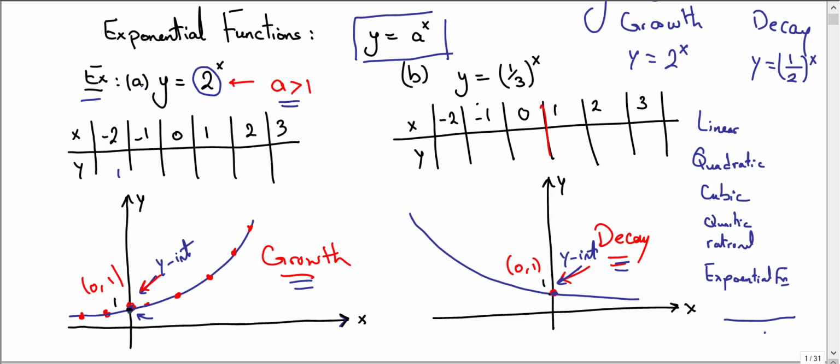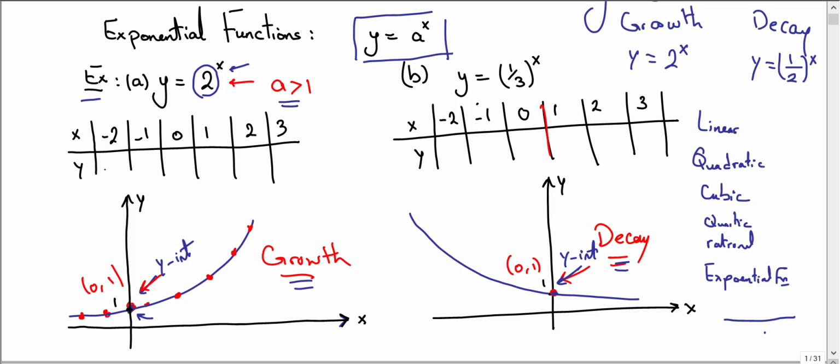Let's take an example. Example A. That's an example for an exponential function. y equals 2 power x. Base is greater than 1. So is this growth or decay? Because this is greater than 1, it's growth. What to do? Draw a table. Choose some values for x, like negative values, 0, and some positive values. Calculate y from the function. Substitute here. Put x equals -2, -1, and so on. If you calculate y values, you will get